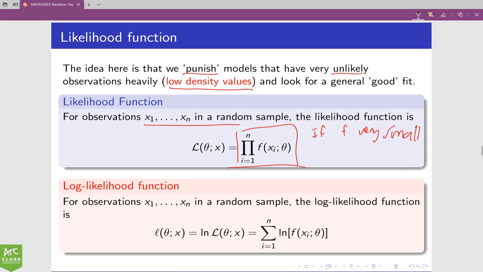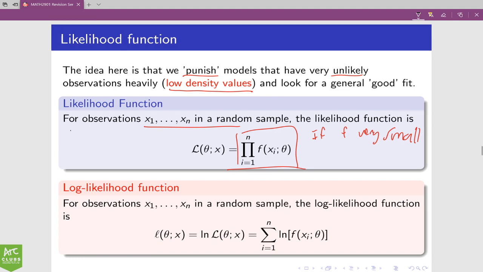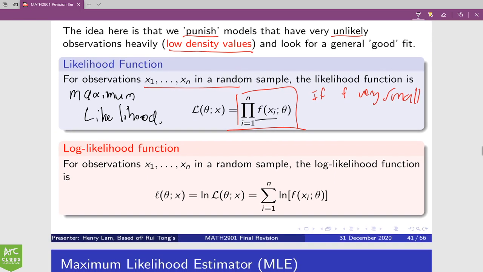Now, based off this, we want to find the maximum likelihood, right? Because the idea is, if you maximize likelihood, that means each of these values, the f's, are fairly big, right? So it's fairly likely that these observations would have occurred if our distribution had that particular parameter, right? So we want to find the MLE, the maximum likelihood estimator, but since it's so hard